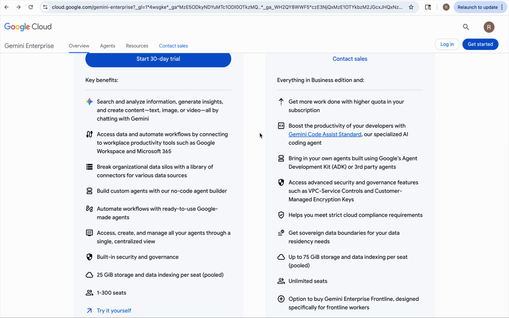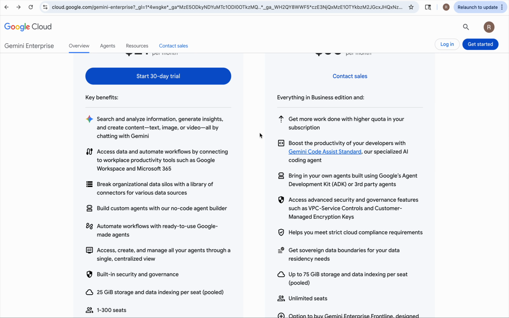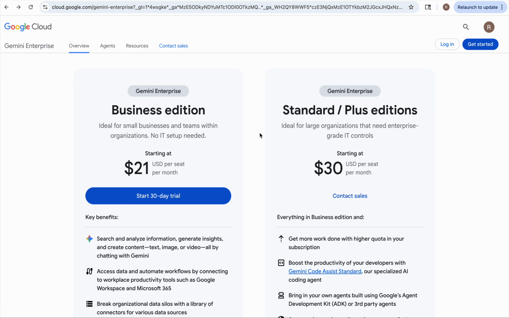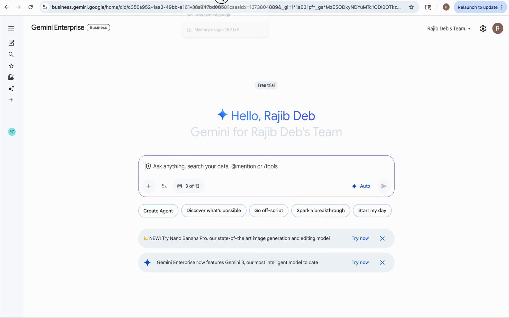It looks to me that this is more business focused, so that anybody in the organization can create their agents to improve their productivity without doing any coding, right? It has some connectors which you can configure, and then use Gemini Enterprise to talk to your agents, right? So let me now go back to my instance of Gemini Enterprise, the Business Edition, and let's look at